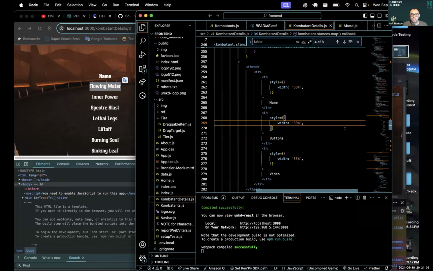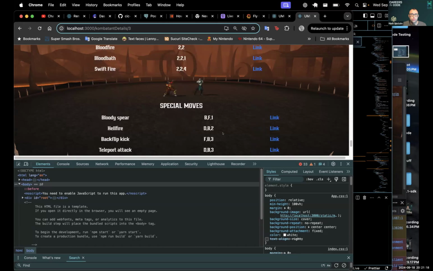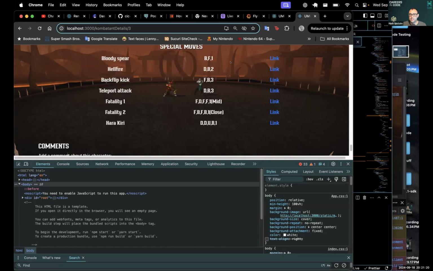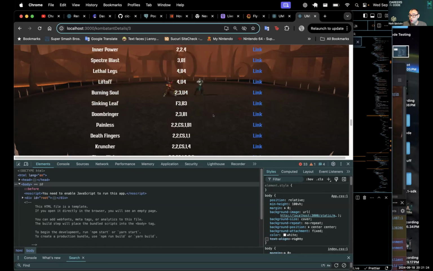So what I basically did is I said, don't try and auto calculate the width, make the width of all three of these equal. And that is what made the centering in the columns work well, because all three of those stayed the same. Gotcha. Now, you will have to apply that to the special moves as well to fix that. But is that what you were hoping for?